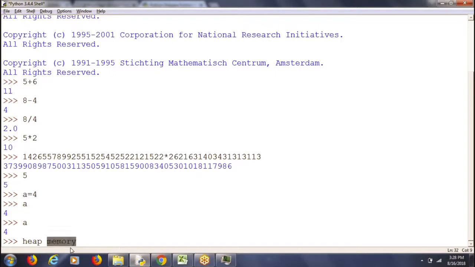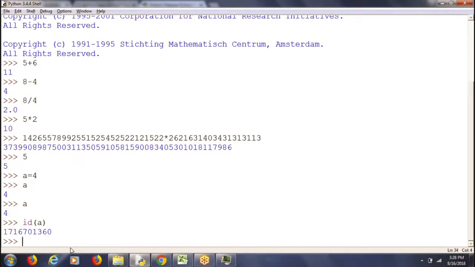And if you want to retrieve the address of a variable, there's a separate function in Python called id. id of A. This is the memory address of A. Okay, and it is randomly allocated. That is why it is called RAM, isn't it? Random access memory. Yeah. Okay, so if you want to know further information about this id,